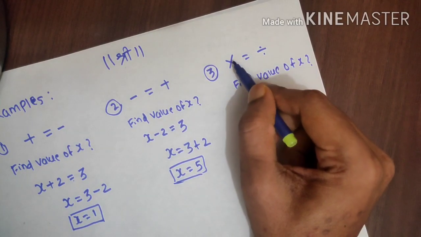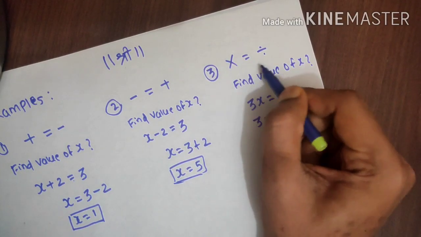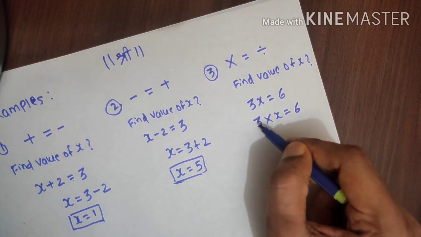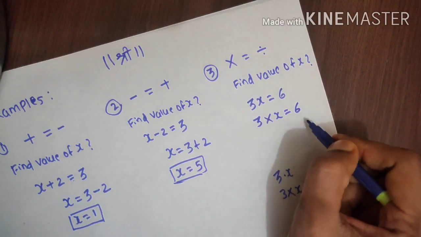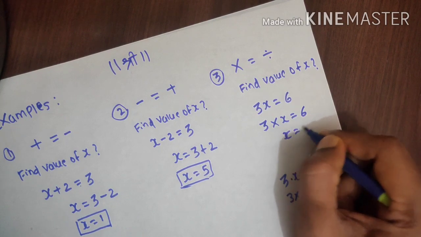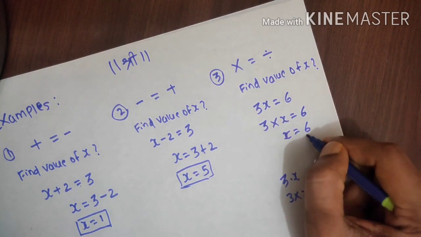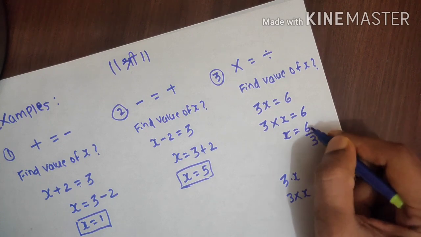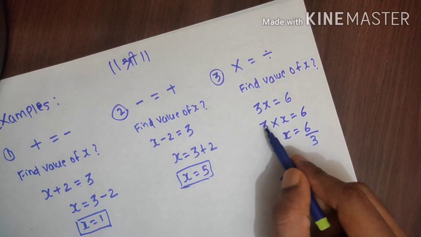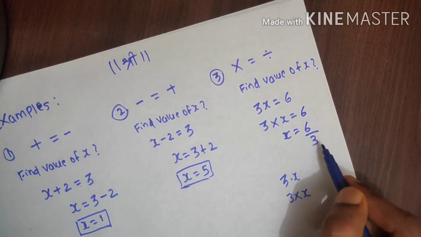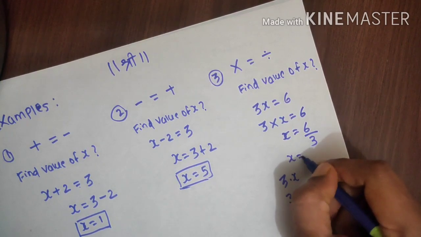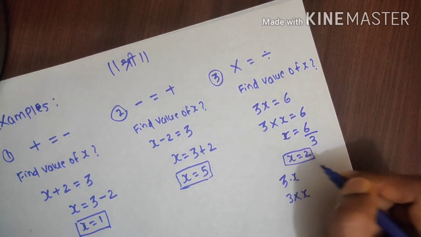Now I told you, when we move multiplication from left side to right side, it becomes division. So we are moving 3 from left side to right side, it will become a division. So how we can write this? X will be as it is, equal to as it is, 6 as it is, and this 3 will go down here in denominator. This upper side is called numerator, down side is called denominator. So the 3 from here will go into denominator, that is division. And further if we solve this, our answer will become x is equal to 2.